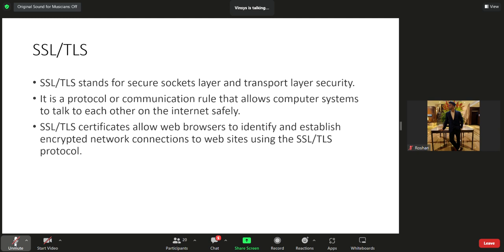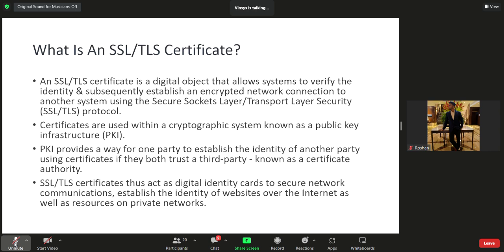SSL/TLS certificates allow a web browser to identify and establish an encrypted network connection to websites using SSL/TLS. Certificates are used within a cryptographic system known as public key infrastructure. We will talk about that later on.